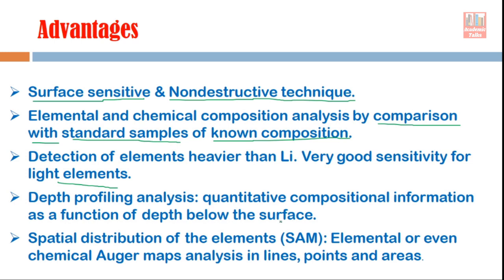Now the spatial distribution of elements can also be obtained, meaning if we have a sample here, on the sample we can repeat this measurement at different locations. This is location A, this is location B, this is location C. So at different locations we can carry out this analysis, and we can find out what kind of elements are present at location A, location B, location C. So this is the spatial distribution of elements at different spatial locations. We can find out the composition of the sample surface.